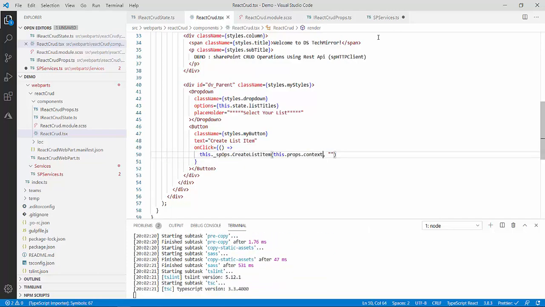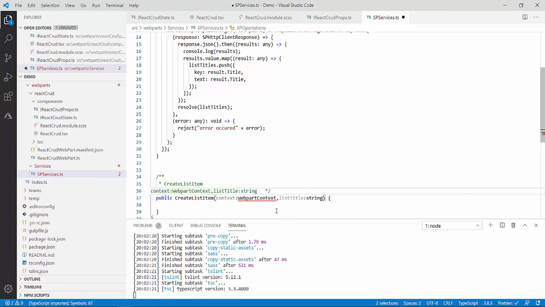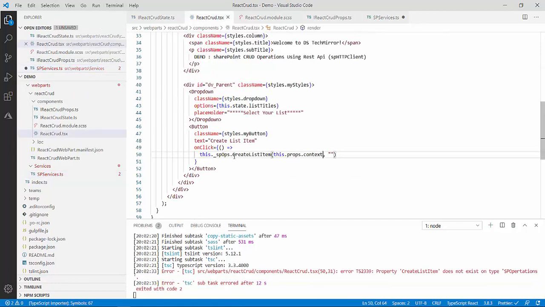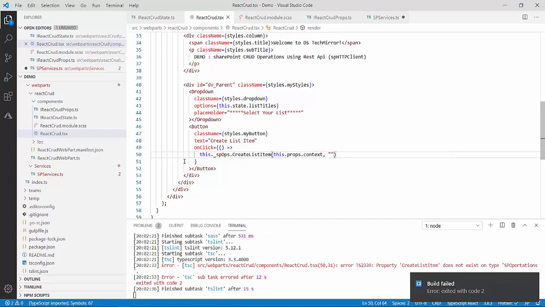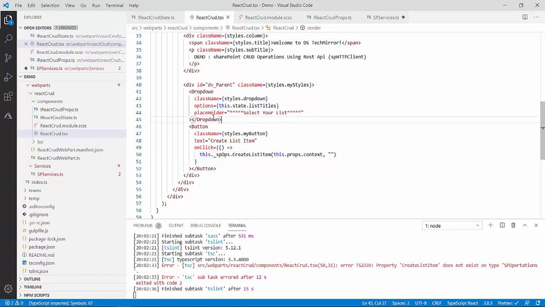I have to create the list item over here using REST API, and it is done. And from here we will pass a message over here to my button, that the list item got created successfully, and we will display that status message in my web part. So these two things are remaining, but first of all I need to read the selected drop down value, so that I can pass it from here. So for that, I will write a method in my drop down. Whenever a user selects a value in the drop down, it should automatically get read.